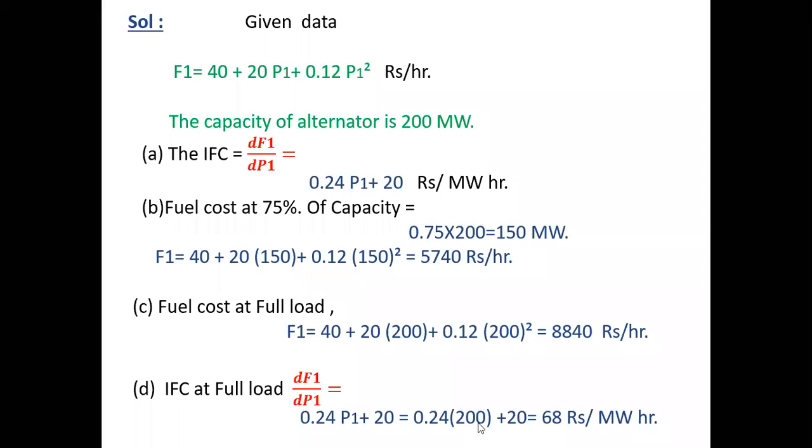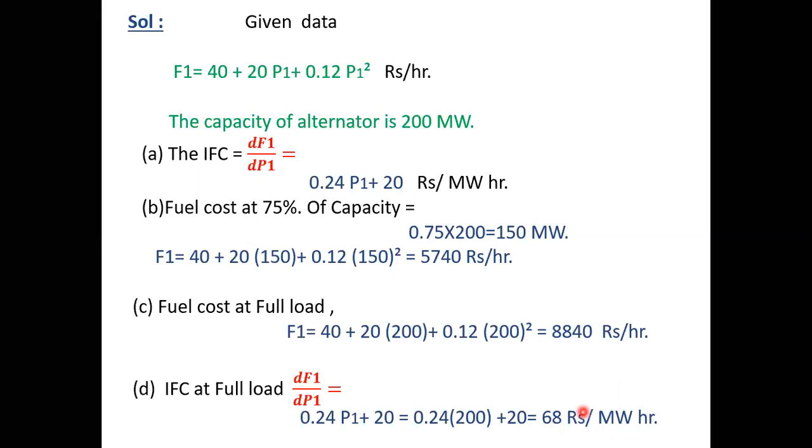So here we must understand what is the importance or what is the observation from this problem. When you consider the incremental fuel cost, we got here 68 rupees per megawatt hour. What does it represent? When you remember the definition of incremental fuel cost, 68 rupees per megawatt hour means if you increase the power generation by 1 megawatt and operate for 1 hour, this is the amount we are going to spend